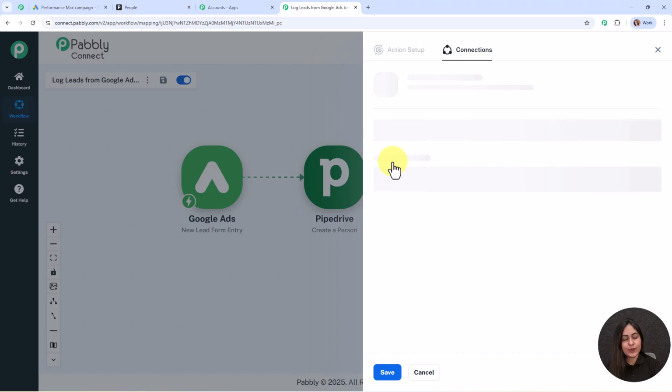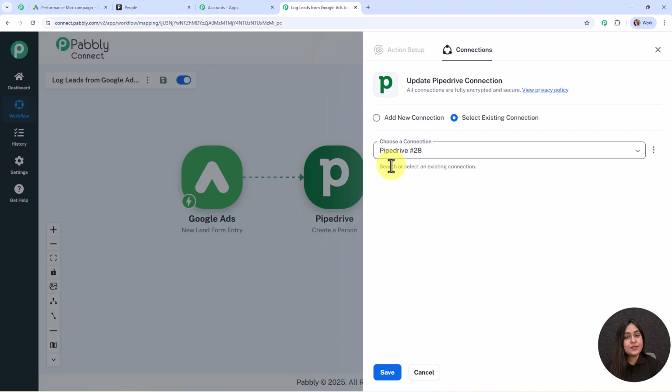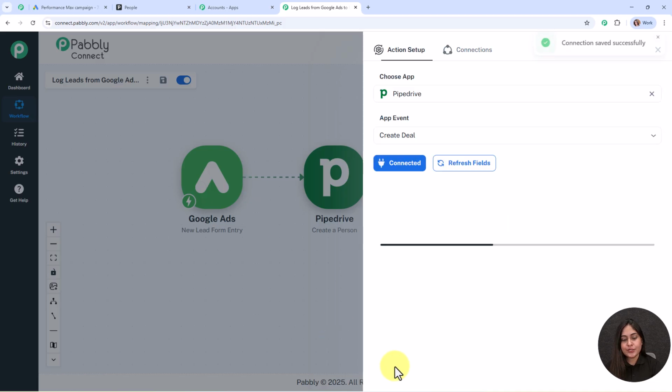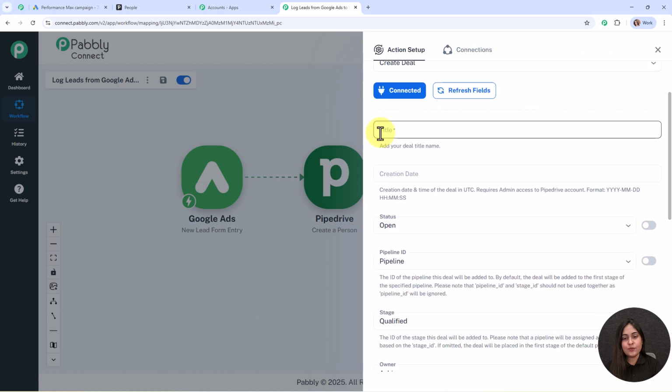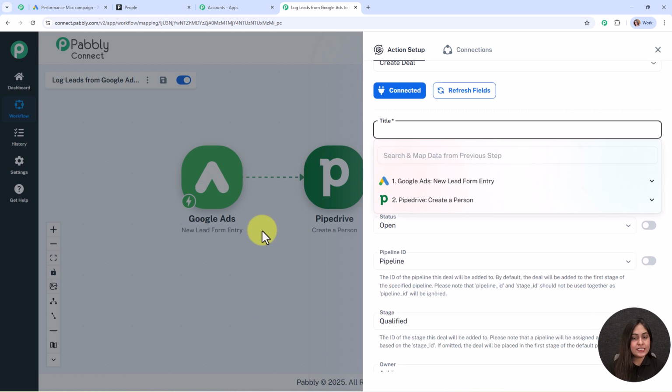Then we are going to click on this connect, and this time to build this connection, I'm going to click on the select existing connection because I've already connected my Pipedrive account with Pabbly Connect in my previous action step. So I've selected the existing connection, and then I'm going to click on the save. And here you can see we are now successfully connected. So let's move forward. And here for the title, I'm going to add the title as follow up with, and